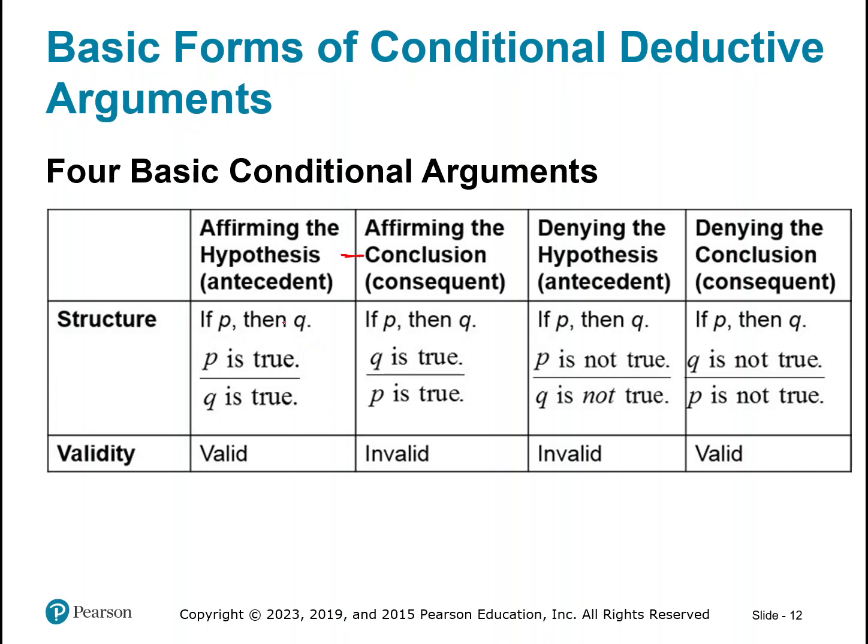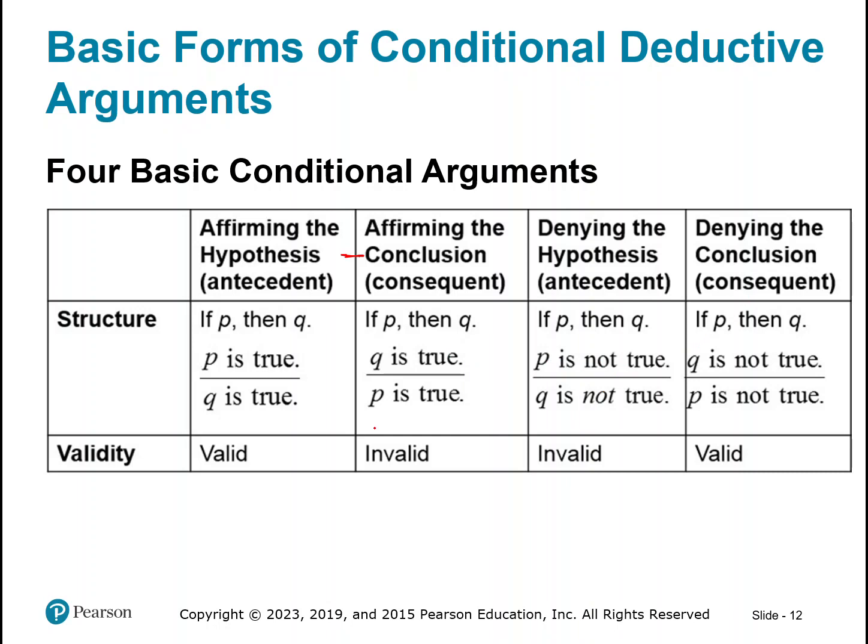So our structure is always if P then Q. If P is true, Q is true, we're saying yes, P is true, then Q has to be true, and this is a valid argument. If P then Q, and we know Q is true, that does not indicate that P is necessarily true. That's an invalid statement. There may be other things that make Q true also. If P then Q, I'm saying P is not true, then Q is not true, and that's also invalid. P is not true, but again, there could be some other way to make Q true that is not P. Also, denying the conclusion.